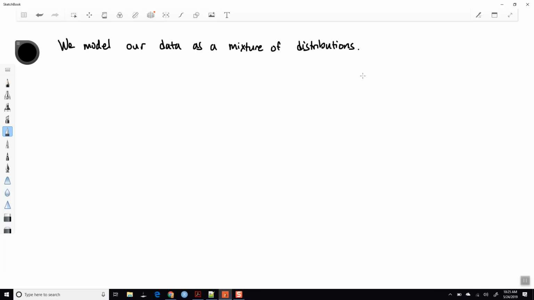Okay, and so you can imagine the data generating process says, randomly choose among the mixture distributions, so we'll randomly select a value, 1, 2, or 3 if we've got 3 distributions,